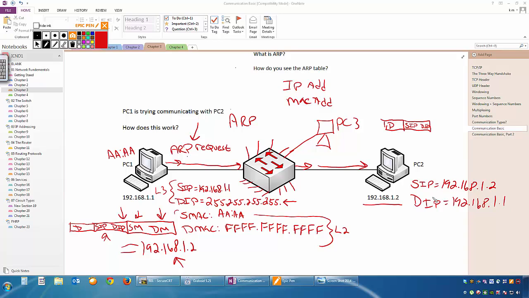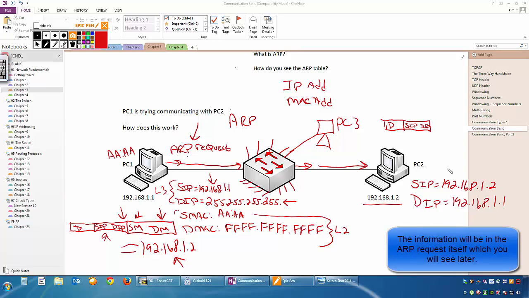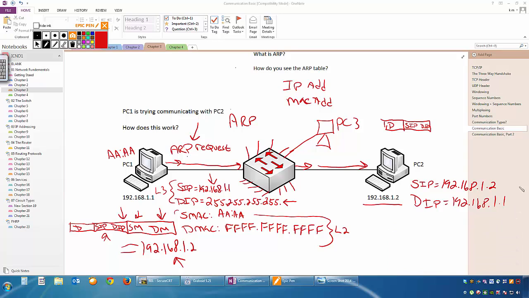Where do you get this information from? How does he know that the destination needs to go to 1.1? Because when PC1 originally sent out the information, the 1.1 address was in his source field. So PC2 is smart enough to look in the source field when that data comes in and says, oh, this is an ARP request. Well, I'm going to take that source information, and since it was sourced from 1.1, I'm going to send it back to 1.1 with the information that 1.1 was requesting. All from the layer 3 header. Layer 2 looked at the layer 3 header, saw that it was sourced from 1.1, so he's going to destine that information back to 1.1.